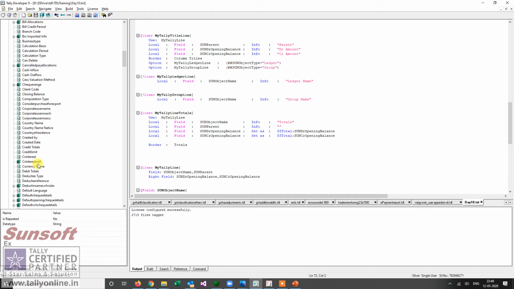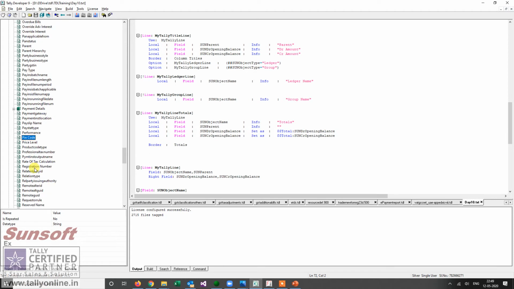Let us say I want to see what the country name is. To find the country, we have a country name. We have state. So let us see in S what we have. State name is there. Now let us see what we have in phone number. So that will be in P. So pin code is there.